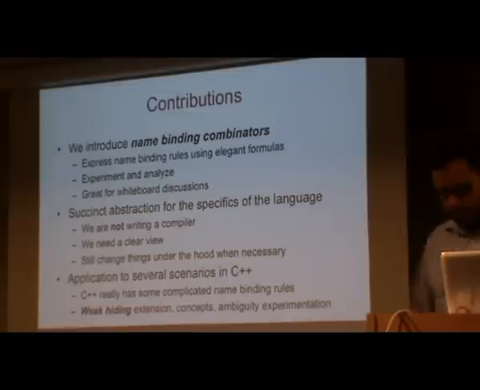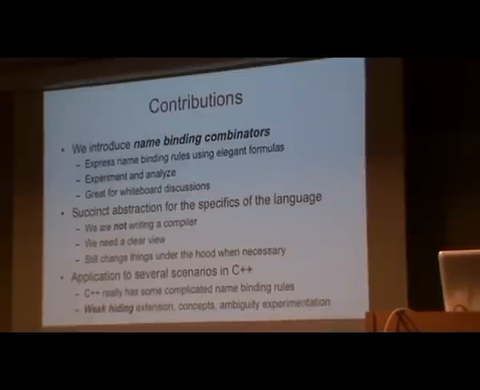But at the same time, we also wanted to include a way to put in the lower level parts of the language: how exactly are the references matched, and what happens under the hood when you do overloading, say, or some other features. But we didn't want to write a compiler. It's not a compiler framework. So we just wanted to abstract those parts and be able to use them in our description.